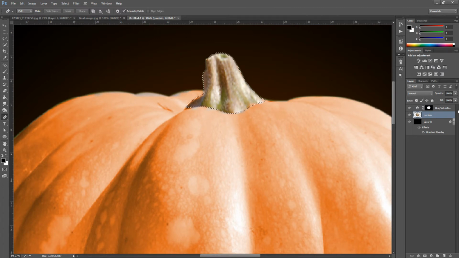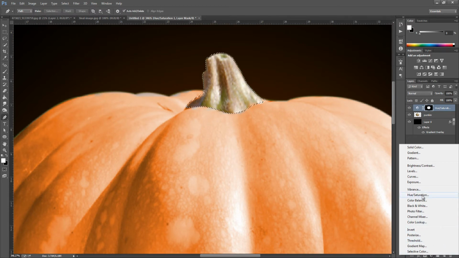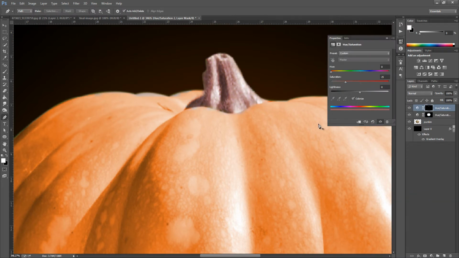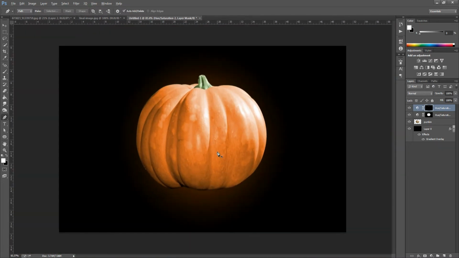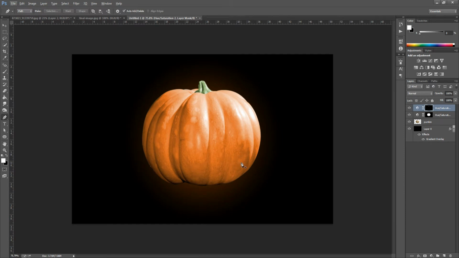And we're just going to go and click our top layer, which is the hue and saturation. And we're just going to go back down to the adjustment layers, click hue and saturation, colorize it, and we're going to go and change the values to 90 for this, and the next one's going to be 30, and that's around about it. We're just not going to play around with the lightness, and close that. I'm going to go and zoom out now. So we have the colours that we need.